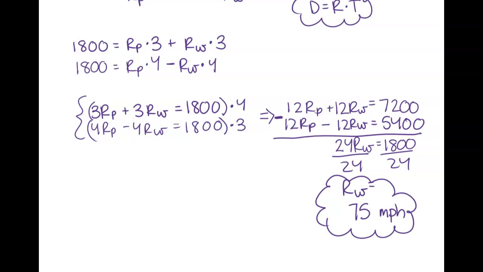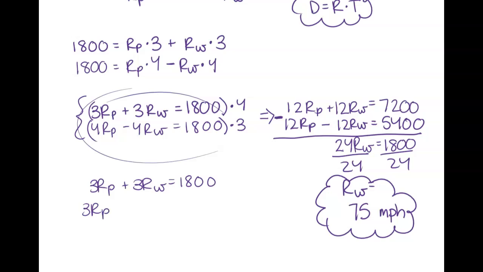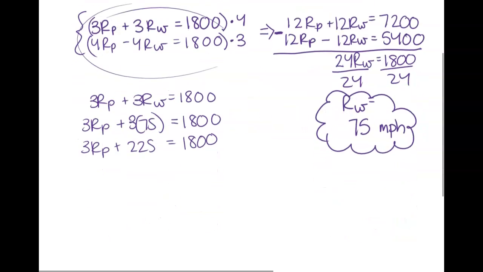Now we can go back to either of our original equations. I think I'll use 3RP plus 3RW equals 1,800. Well, now we have 3RP, but we know the rate of the wind, so plus 3 times 75 equals 1,800. 3RP plus 225 equals 1,800. Subtract 225, 1,800 minus 225, we get